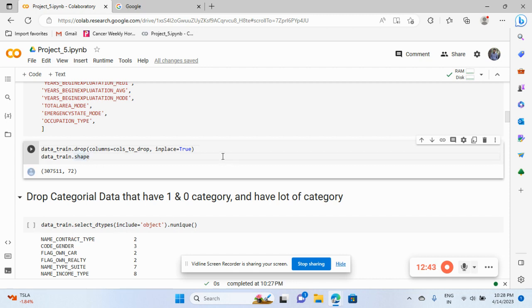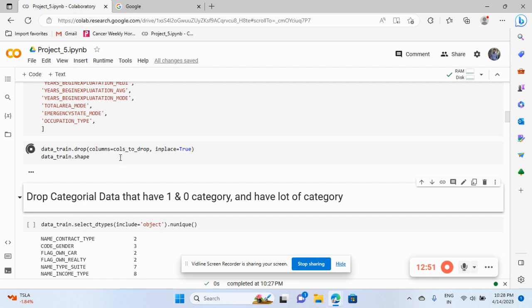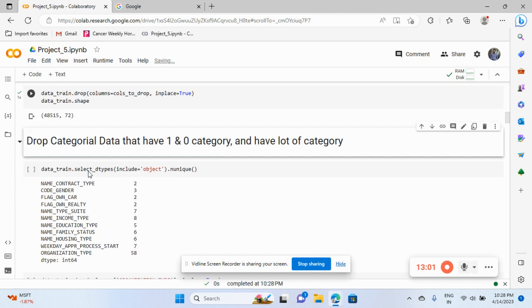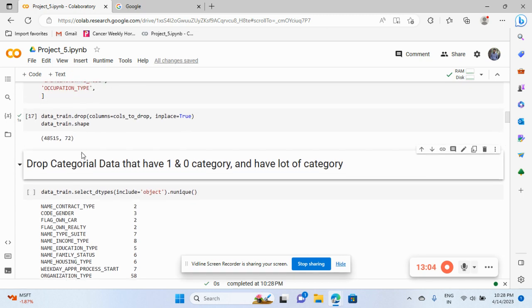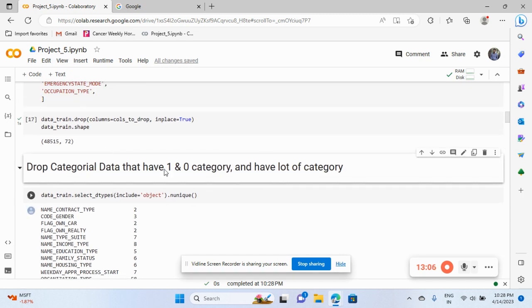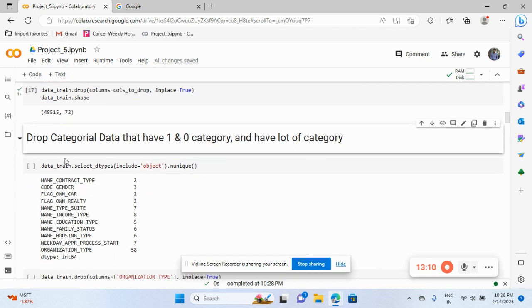So whenever you use the drop function or method, you need to put in place equal to true. So we'll perform this one task, and here you can see the number of rows are the same, but the column size went from 122 to 71, 72. So we removed around 50 columns, I think. Now we'll go and perform